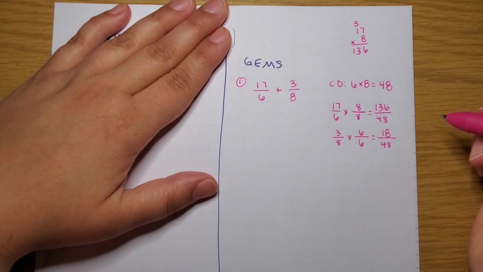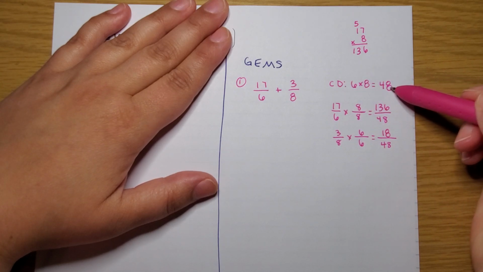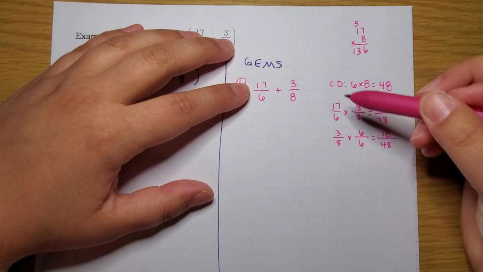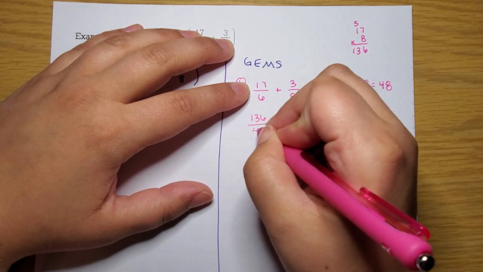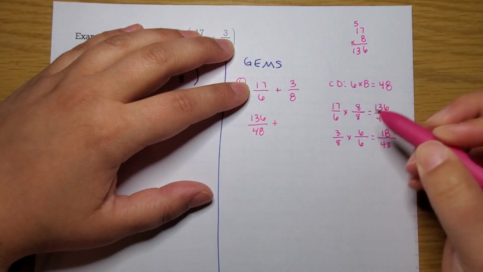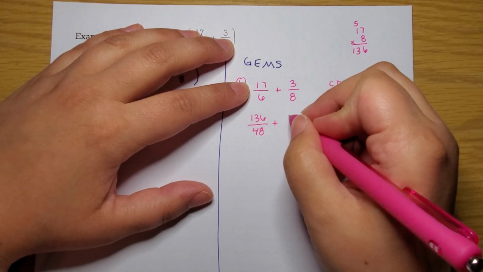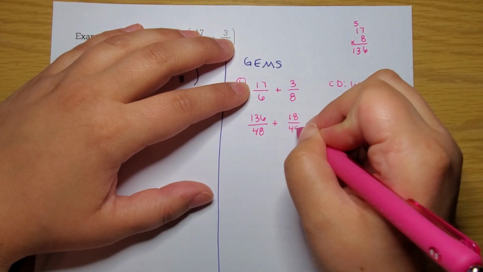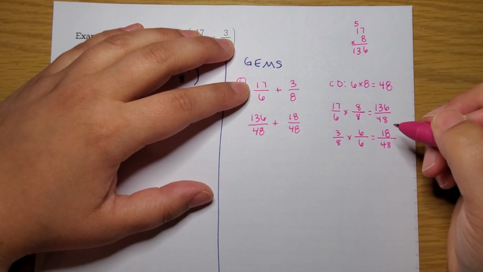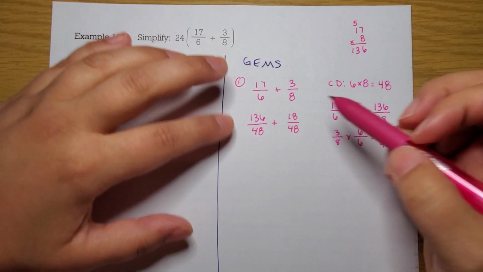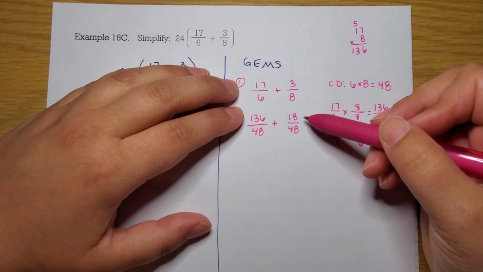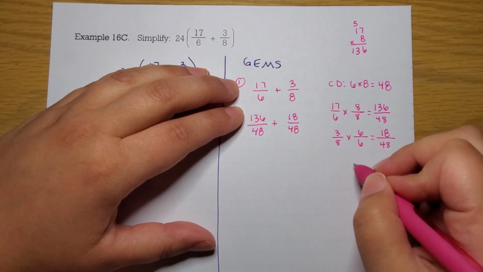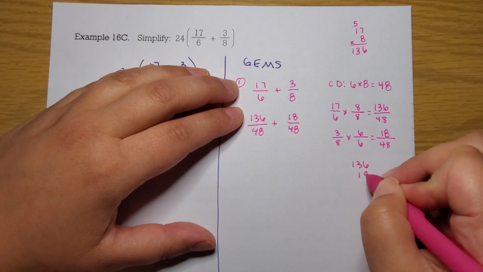Okay, why did we do this? So we got a common denominator because we're trying to add. Okay, so 17/6 was 136 over 48. And 3/8 was 18/48. Okay. So now we have this common denominator of 48. Let's go ahead and add the numerators. So we've got 136 plus 18